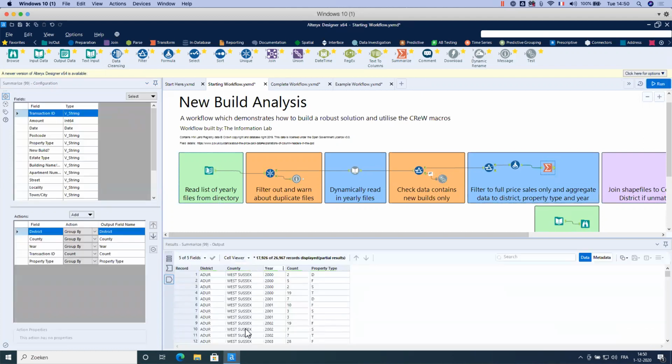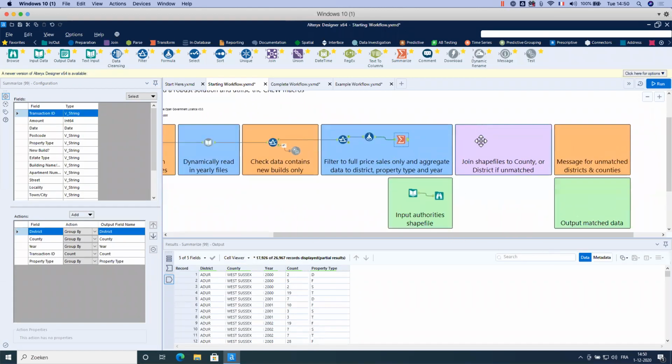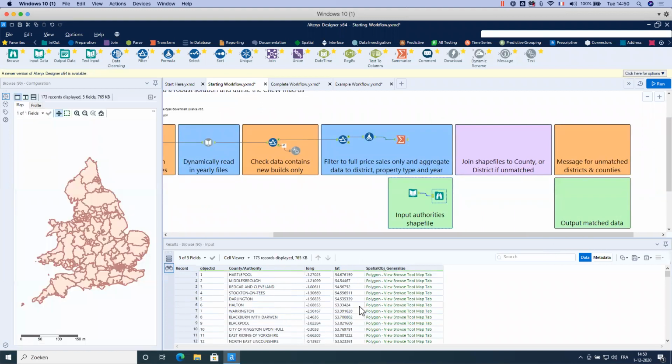Okay, so now I have this data set. So it's the number of property transactions by district and county for each year. And in fact, I have another data set here. It's the shapefiles of the authorities, so by county and authority. So I would like to join this shapefile to my data set.